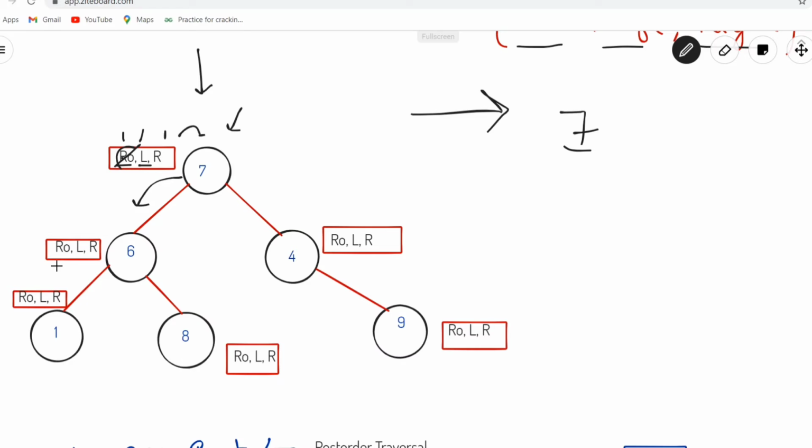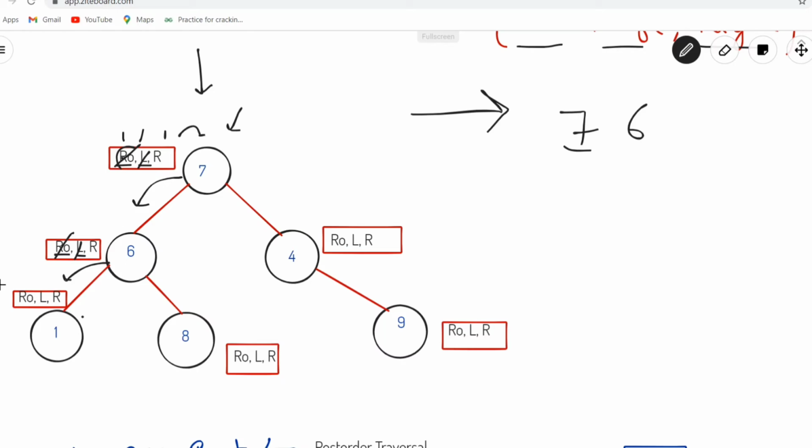The first operation is root, so we'll be printing 6. We have completed the root operation. Then the next operation is left, so again we need to move to left. Basically we have completed the left operation of the node having value 6. Now again we reached a new node having value 1.